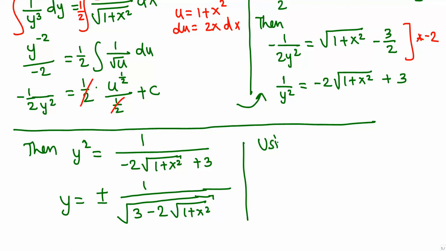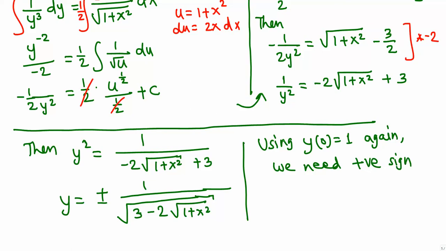Or you can use the initial condition y at 0 equals 1 again. Then y is 1 when x equals 0. So plug in 0: 1 plus 0 is just 1, square root of 1 is 1, 1 times 2 is 2, 3 minus 2 is 1, square root of 1 is 1, 1 over 1 is 1. So we need to keep the positive sign. You don't have to even show this, you can just say plus minus to satisfy the given condition,